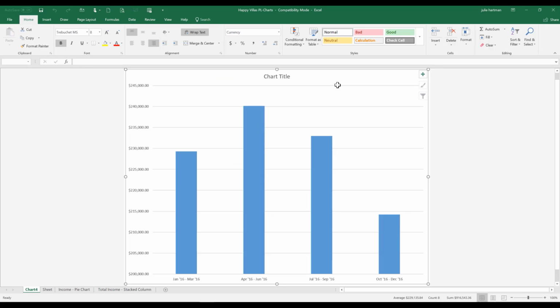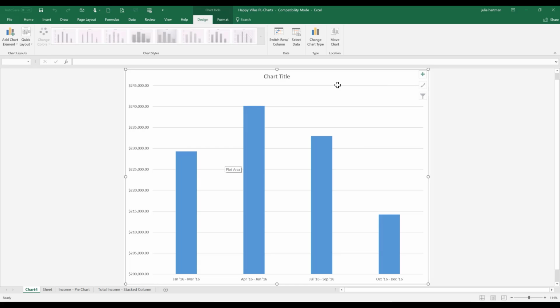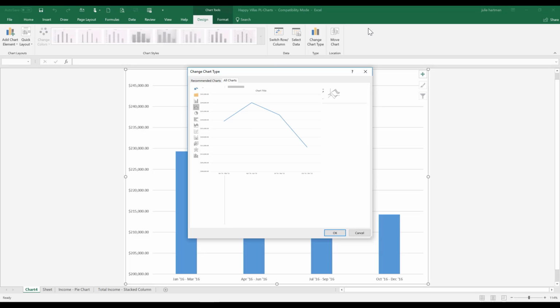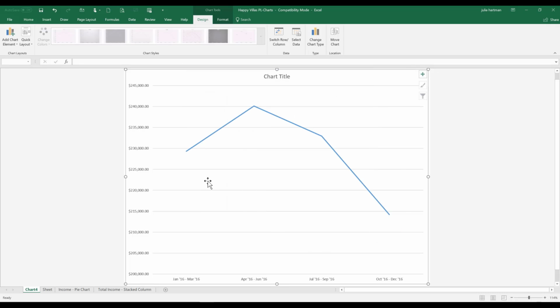We're going to hit the F11 key and our chart automatically is generated. But once again, this is a column chart and we want a line chart. We're going to come here in our chart tools ribbon in the design sub ribbon and click on chart type. We've been there before. We're going to choose line chart and select the first option in our line chart and choose OK. And you can see that the column chart quickly turns into a line chart trending each quarter's net